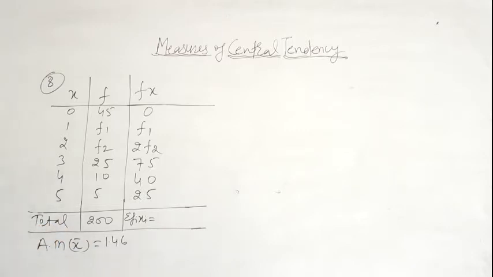Here the sum of frequencies is 200. Sum of frequencies is 200, this is given. Then sigma fi xi. Sigma fi xi is